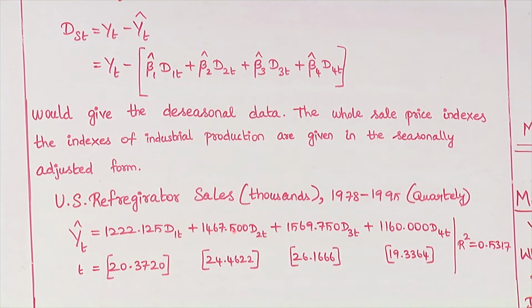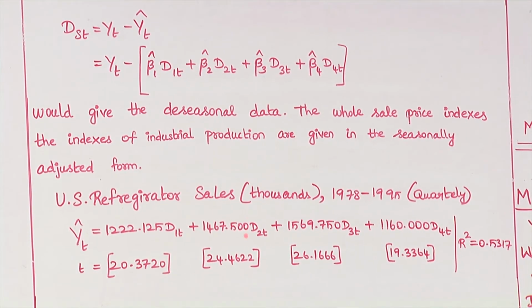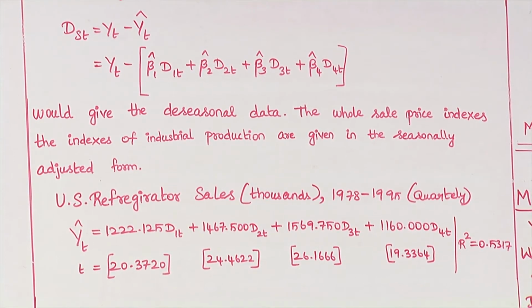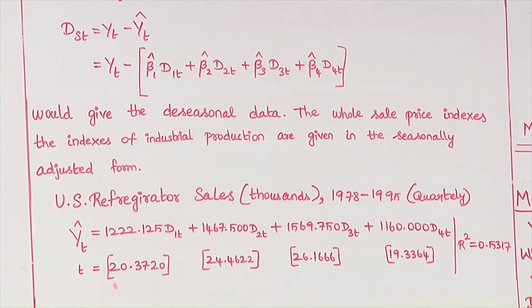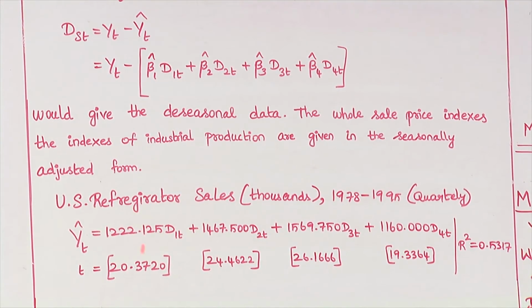This can be taken as the average second quarter sales. This is the average third quarter sales and this is the average fourth quarter sales, and all four coefficients are significant. So, we will say there exists a seasonality